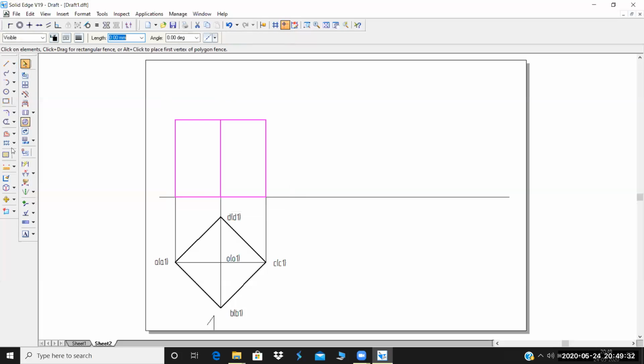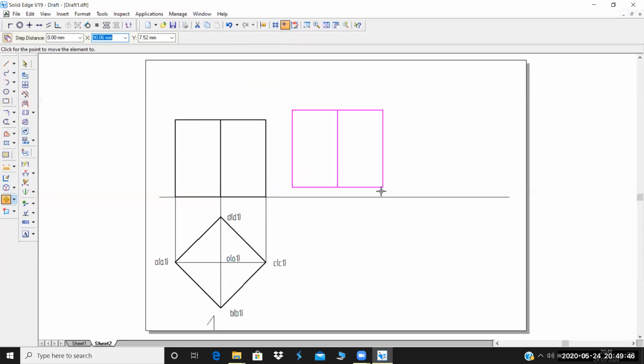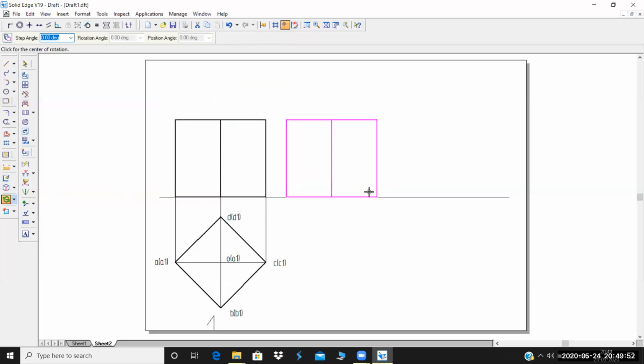So select the whole thing. I told you in the previous problem that whenever he says the axis is inclined with respect to some angle, the axis is also on this particular line here. So let me just make a copy of this. Now when he says the axis is inclined to a certain angle, I rotate this based on this particular edge. Why I'm taking this edge is, I have told you that for all the solids, in prisms or in pyramids, the rightmost part, that is C of C1, is the corner on which it is resting now. It is resting on C of C1, not A of A1.